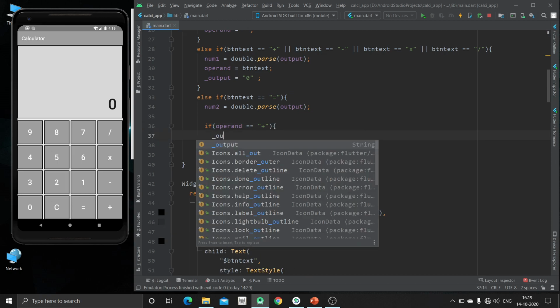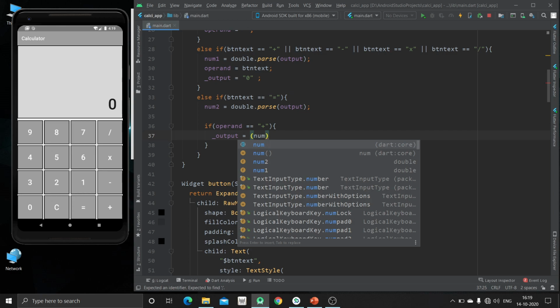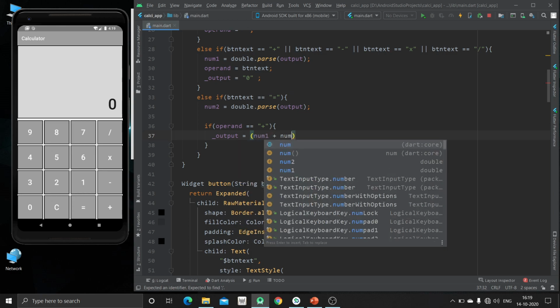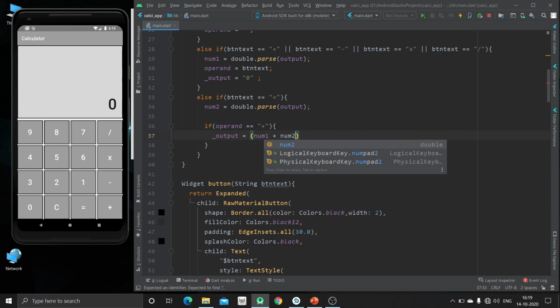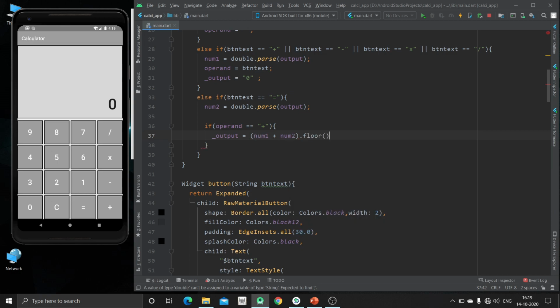So for that we have to store the output inside this: num1 plus num2.